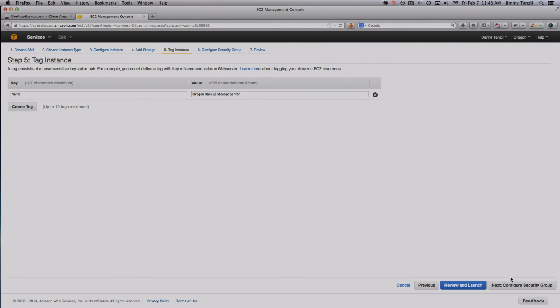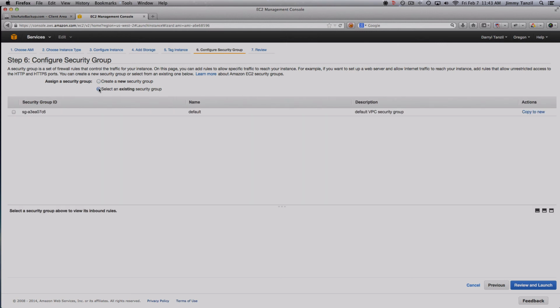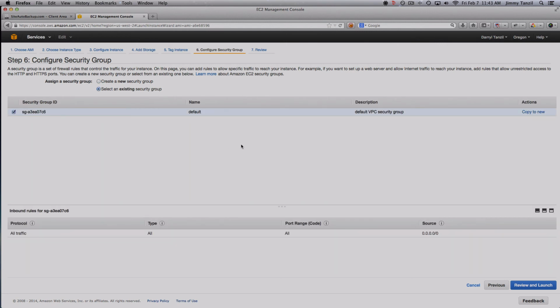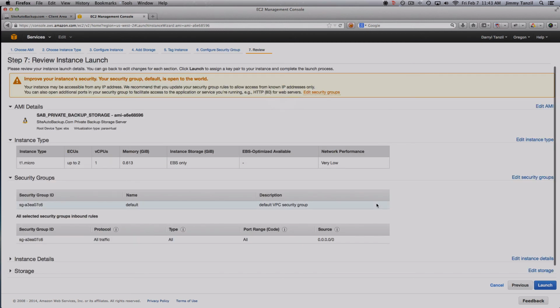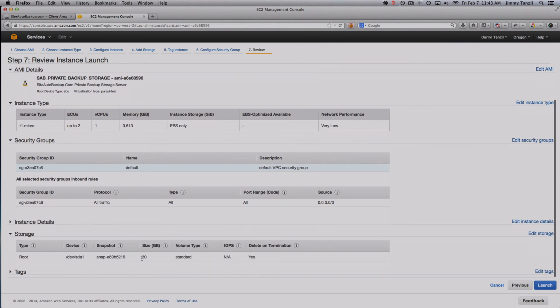Alright, so next, configure security group. The same thing. I'm going to select existing group, which is the default one. As you can see, all traffic is open. Now review and launch, and everything looking good. I'm going to launch this. Let me see, 30 gigabyte. What's the storage part here? Just make sure we have 30 gigabyte. Right, it's 30 now, right? So I'm gonna launch this one